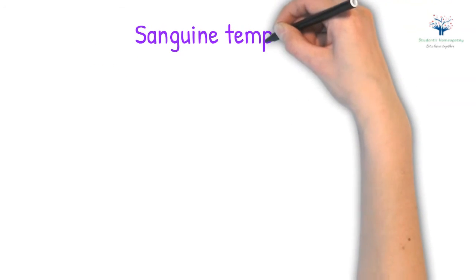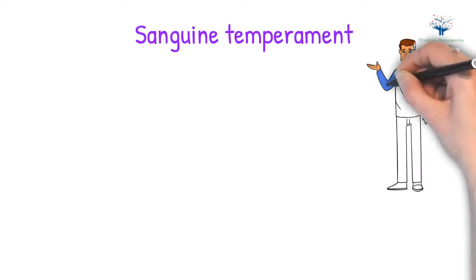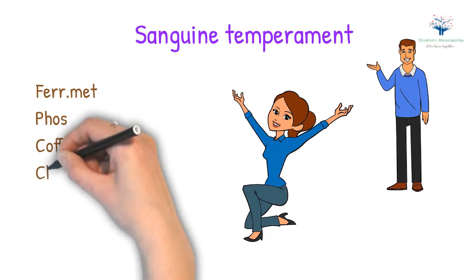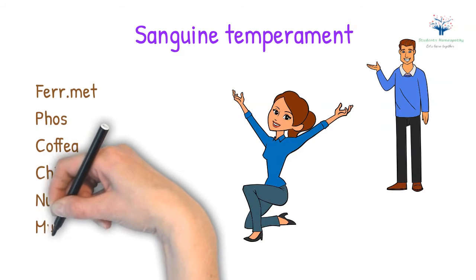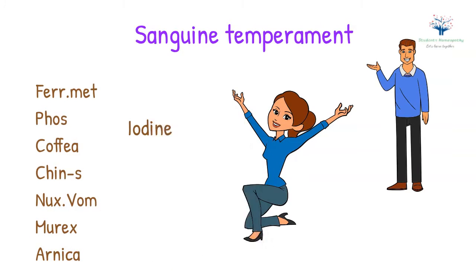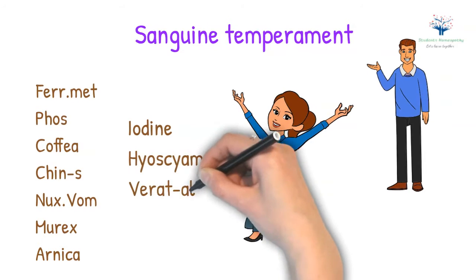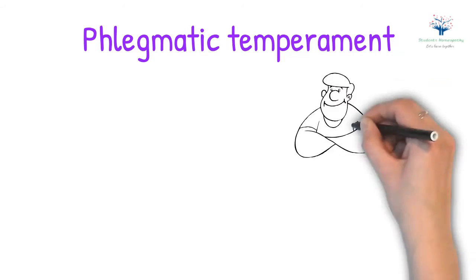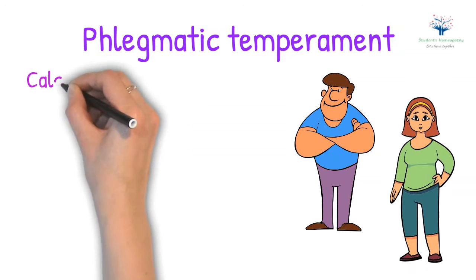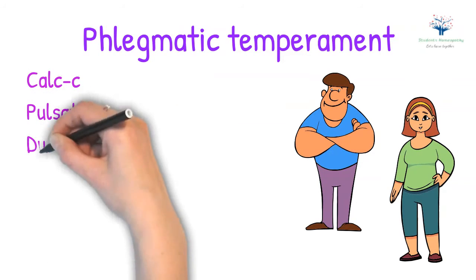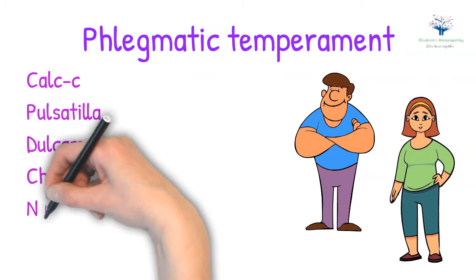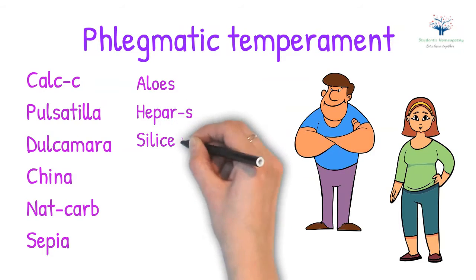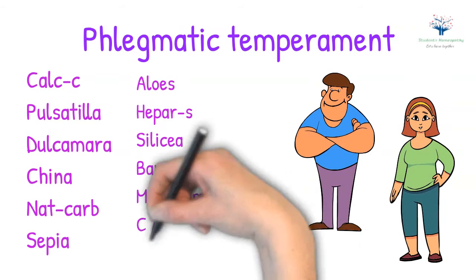Some common sanguine temperament drugs are Ferrum met, Phosphorus, Coffea, China, Nux vomica, Murex, Arnica, Iodine, Hyoscyamus, Veratrum album, Platinum, and Silicea. Some common phlegmatic temperament drugs are Calcarea carb, Pulsatilla, Dulcamara, Natrum carb, Sepia, Aloe, Hepar sulph, Silicea, Baryta carb, Mezereum, Cyclamen,